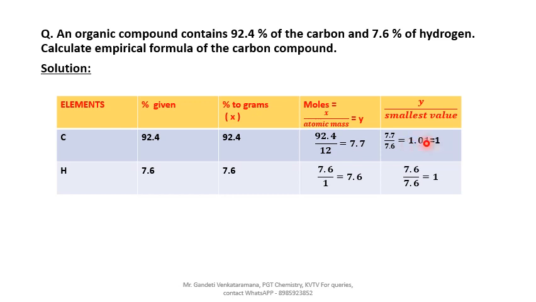So how many carbons are present finally? Carbon value is 1 and hydrogen, how many are present? 1. Now we will see how to write the empirical formula. Empirical formula equals, we have two elements, CH. Just join together all the elements you have. C and H are given to you, so just write side by side. Now check this step 5, the last one. Whatever numbers you are getting, I will show you.